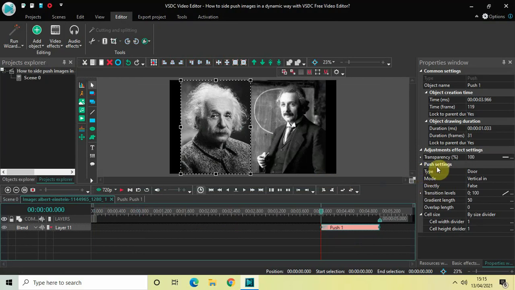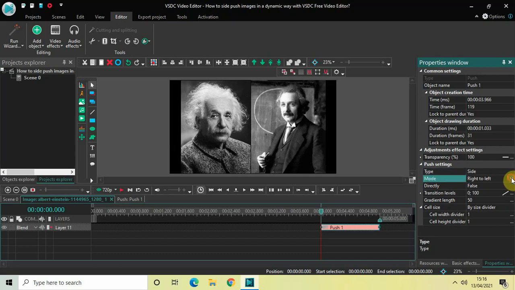And now look inside the push settings which is present inside the properties window, and the type currently is set to door. So change the type from door to side, and the mode is right to left. So I want the mode from left to right.